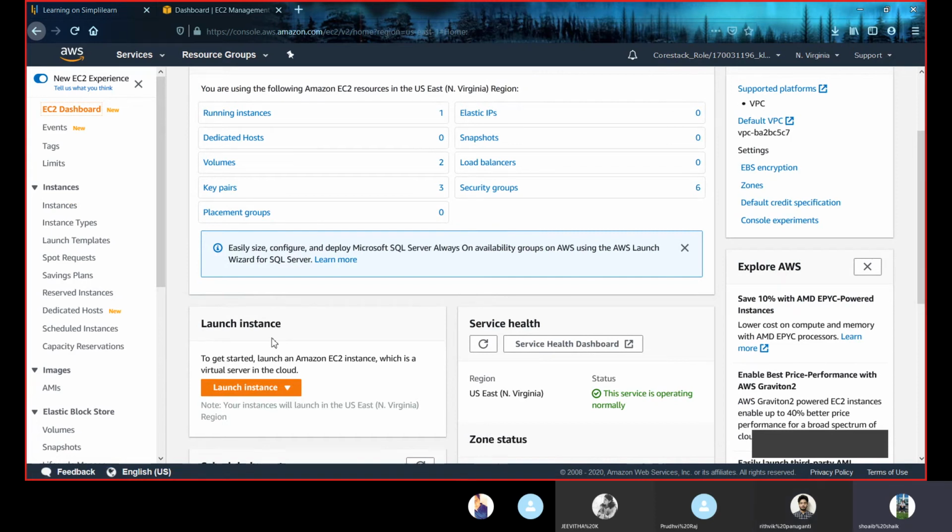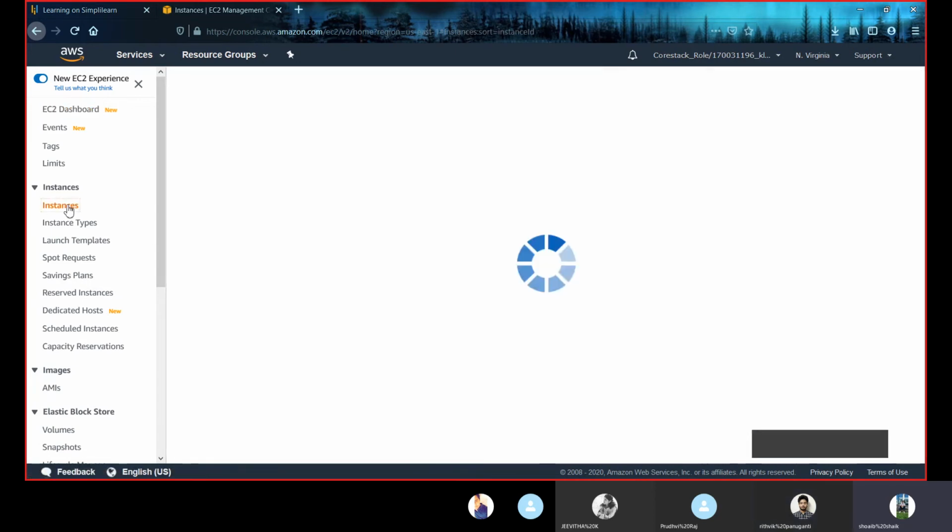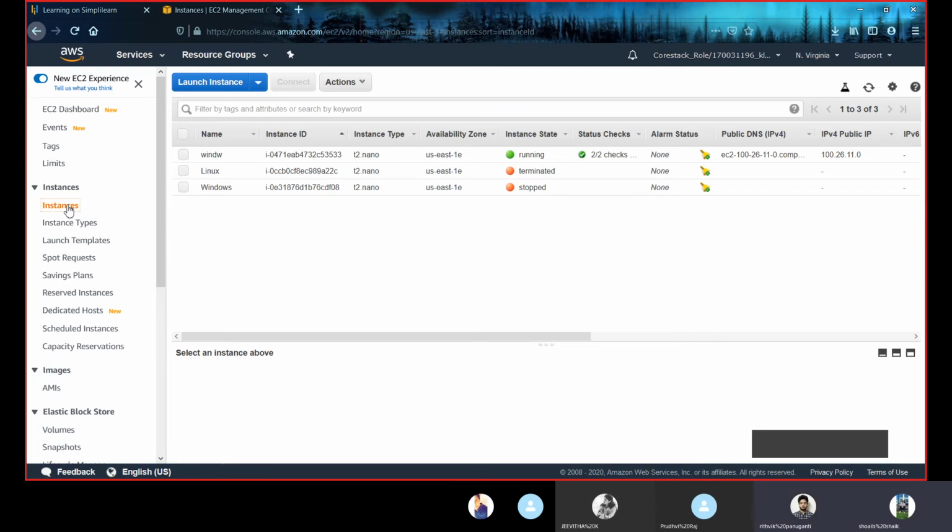In security groups, we can see it is automatically set to RDP, that is for Windows. Then click create. Get back to the EC2 dashboard. In instances, you can view your created instance, name it. Don't forget to remember the path of your downloaded key pair.